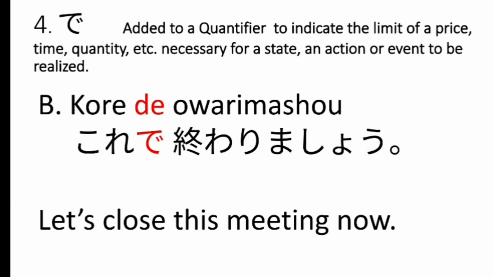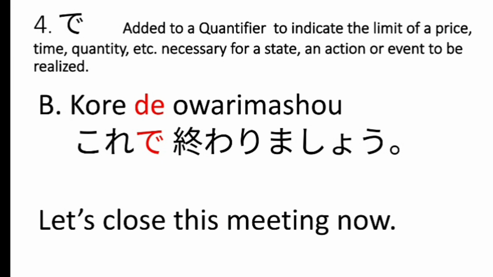So for example, in here, you are in a meeting. The situation is in the meeting. So we have これで終わりましょう. これで終わりましょう. So let's close the meeting now. So this is an event, an event that needs to be realized, that it's just